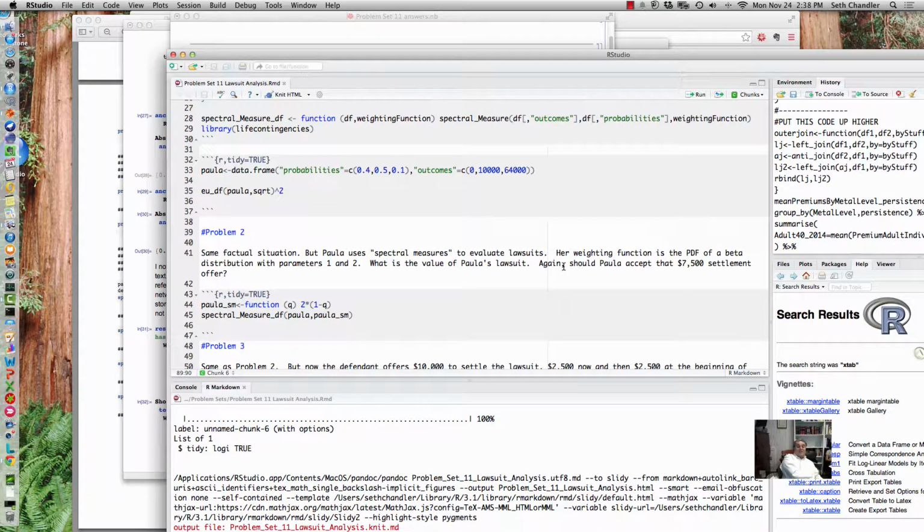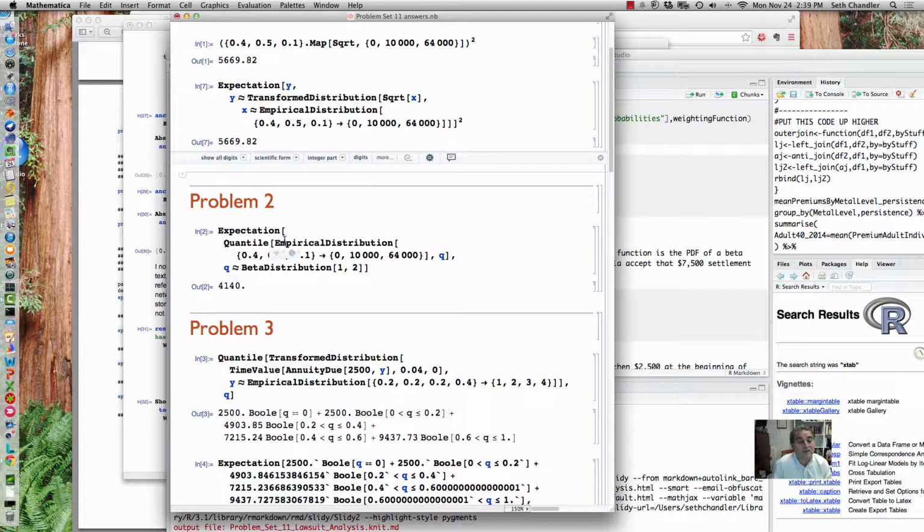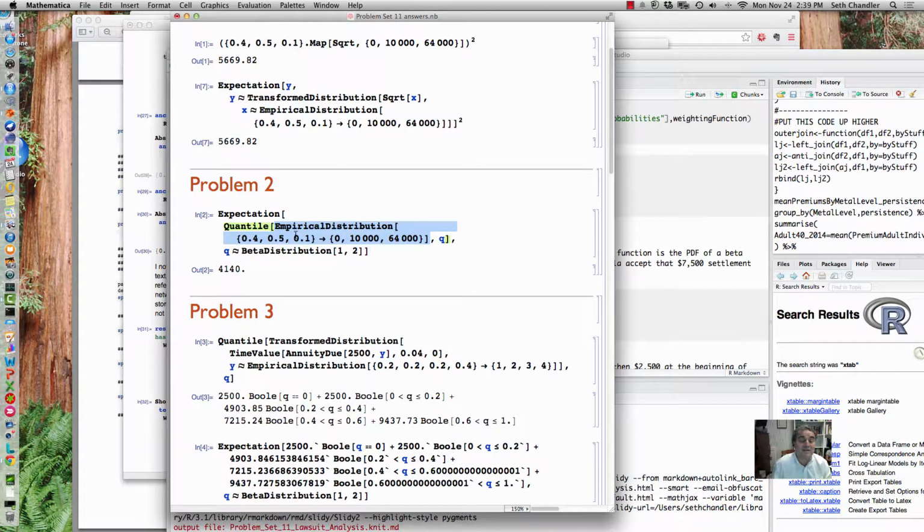All right, so the idea here, remember, is that we are weighting the worst outcomes in disproportion to their probability, weighting them more heavily, weighting the good outcomes in disproportion to their probability, but weighting them lower than their actual probability. So it's a weighted average of the outcomes, but one in which pessimism is emphasized. All right? And so the way we're going to do that is we're going to take our same empirical distribution